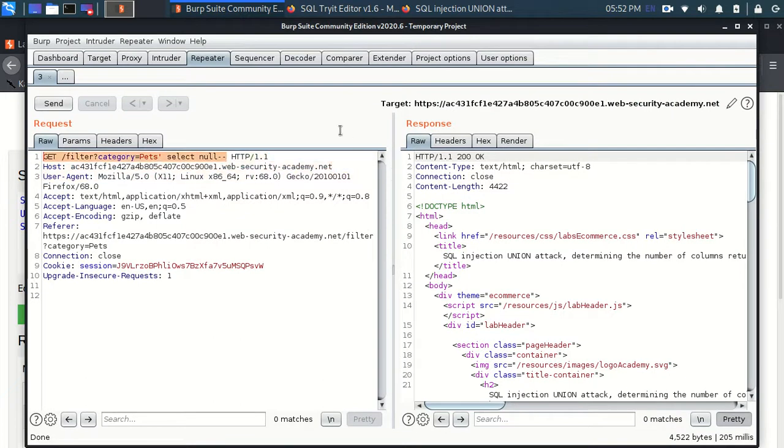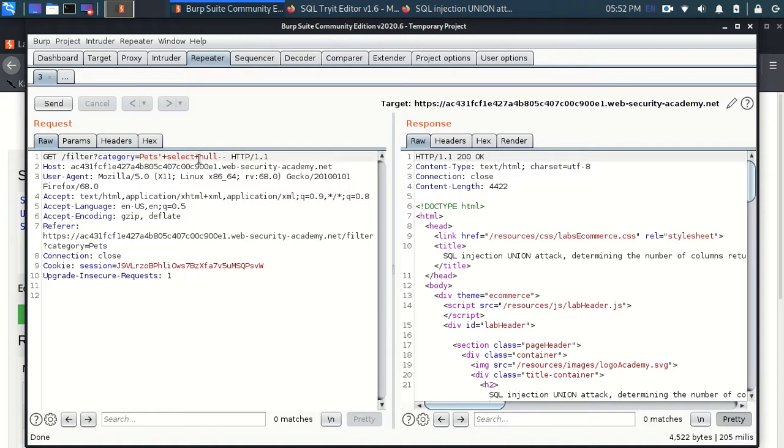Now the thing is that we are sending a URL and the URL cannot contain spaces. So for this space you can use a plus sign. Plus sign is treated as a space, and now this will actually go as pets space select space null.